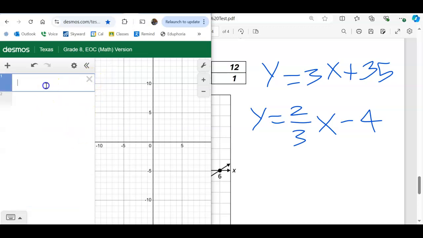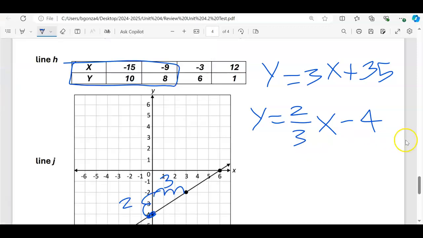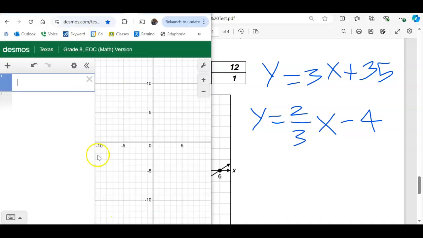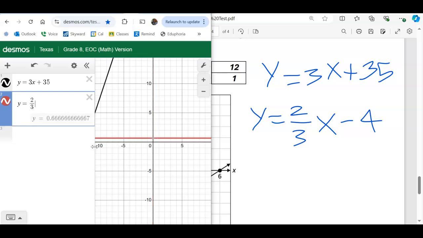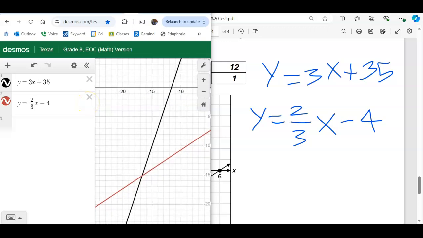Where do they cross? Another way to find this second equation was to put these 2 points into a table and do y1 squiggle mx1 plus b, right? Well, anyways, let's type them in. Y equals 3x plus 35. Y equals 2 over 3x minus 4. And you can see where they cross right there at